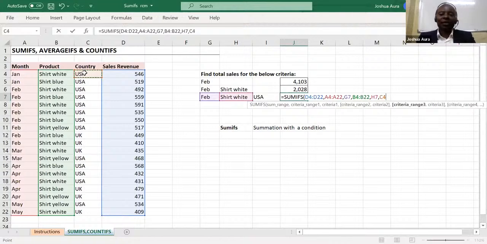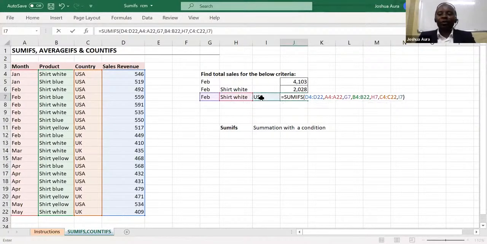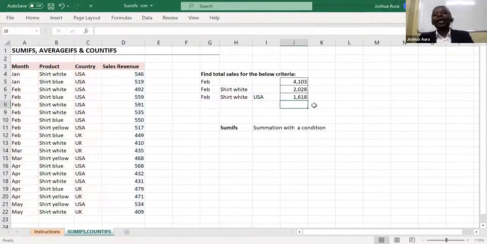So Shift, I go like that, down, right? And then of course, I've been able to define the range where USA is found. So I'll come here and say USA itself, like that. Then close brackets, and I say enter, and you're able to see the 1618 that they got. And now the beautiful thing with this is that, for example, next time if I